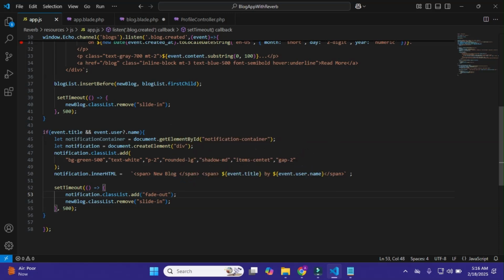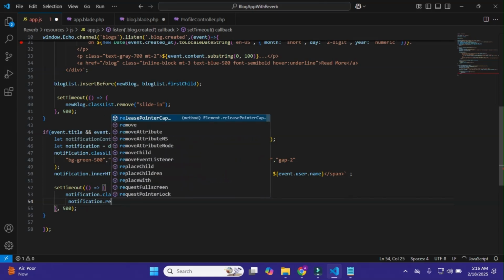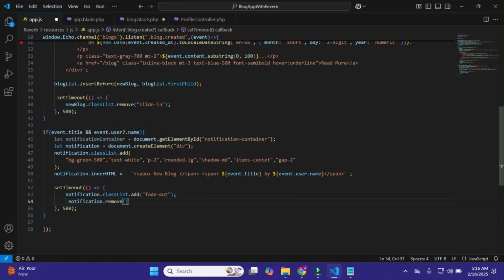Okay, like this, and setTimeout, and make it notification.remove just this 500, and